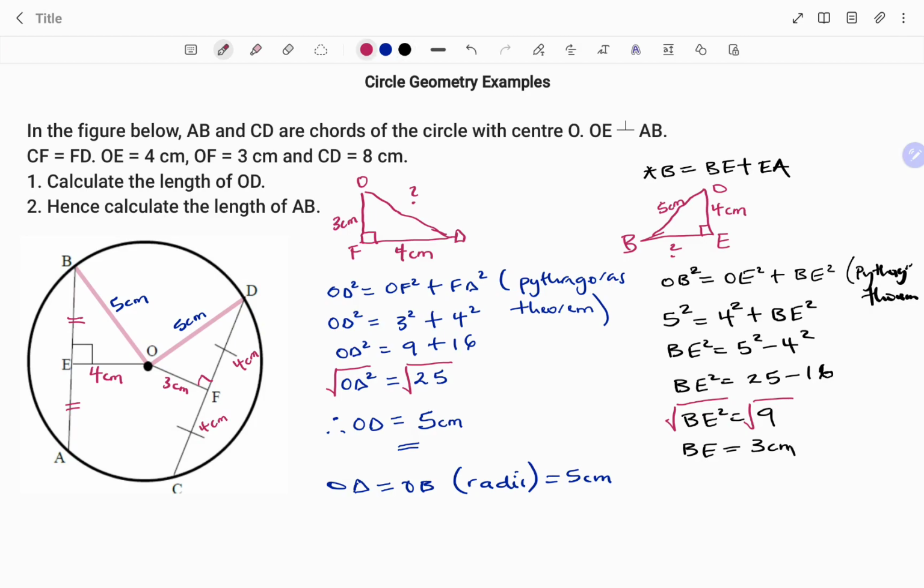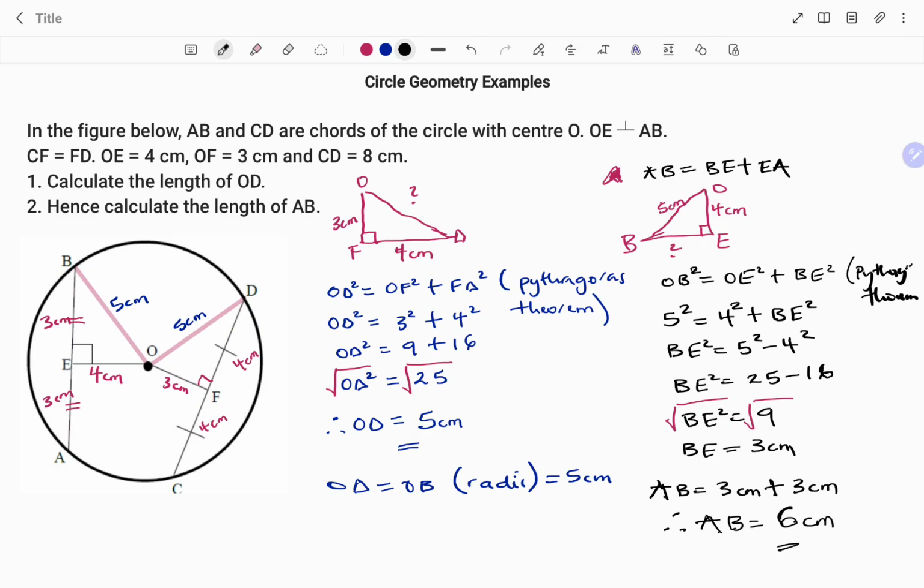So using the statement, the total length AB equals BE plus EA, I calculated BE to be 3 centimeters, and it's also equal to EA, 3 centimeters. Therefore, the total length AB equals 3 centimeters plus 3 centimeters. Therefore, my AB equals to